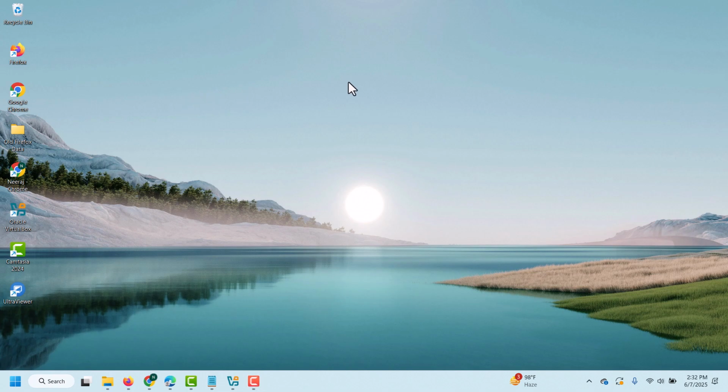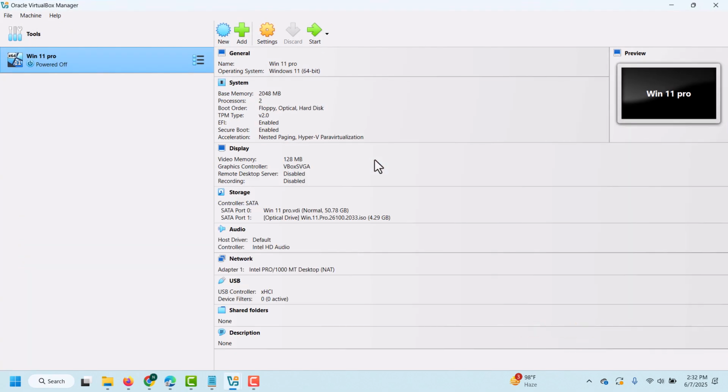Hi friends, today I will let you know how we can install Windows 10/11 Pro in Oracle VirtualBox. So let's go without delay. Let's open Oracle VirtualBox. I will install Windows 11